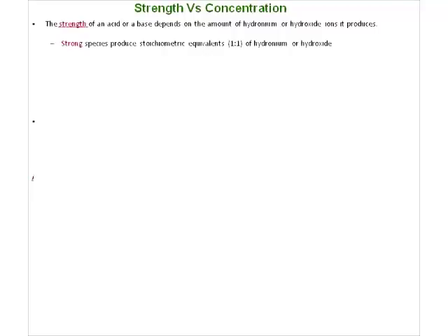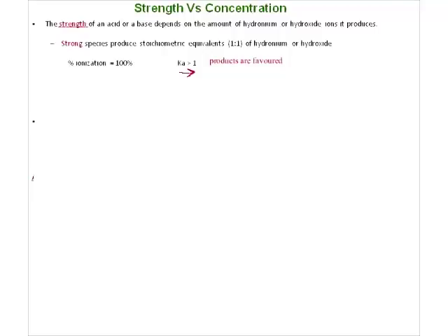And we said strong acids, because they are 100% ionized, then the concentration of the H3O+ is going to be equal to the concentration of the acid, because every last one of the acids is broken down. Same thing is true for bases like sodium hydroxide. These would produce 1-to-1 stoichiometric equivalents of hydroxide ions because they're 100% dissociated. So in this sense, then, we say that the